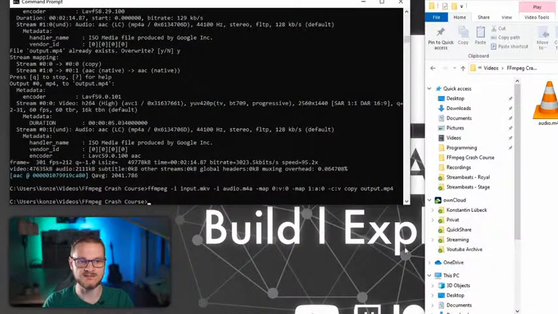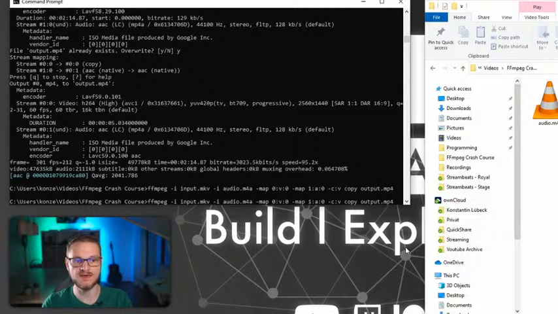We can not only extract audio from our video files, we can also add additional audio to our video files. For that I'm going to enter a slightly more complex command, which is always starting with ffmpeg -i input.mkv and then -i audio.m4a, which is the second input file, which is the audio file we're going to add to our output. Then we use the map command, which says that we are going to map the first input argument